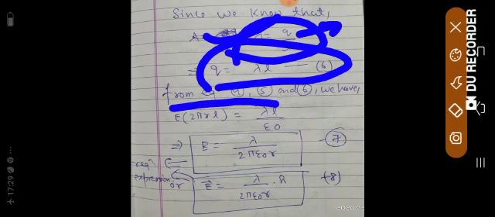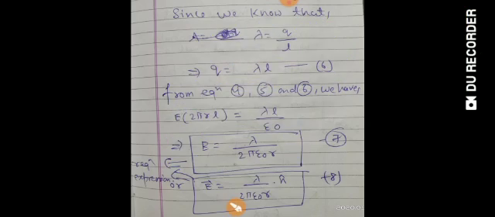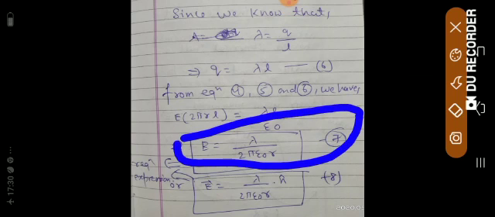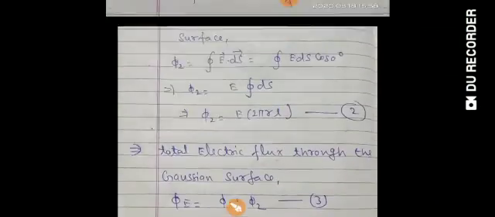From equations 4, 5 and 6 we have E 2 pi r l is equal to lambda l by epsilon naught. Okay, so l will be cancelled out, students. So E would be lambda by 2 pi epsilon naught. What you are seeing in this video is the electric field value at point P due to a uniformly charged, linear and infinite charge. I am going to show you from the figure, so I am coming to the back pages.